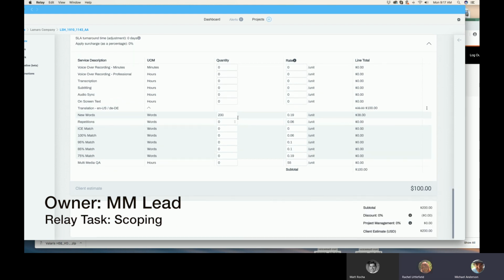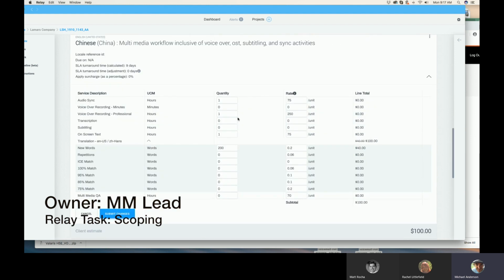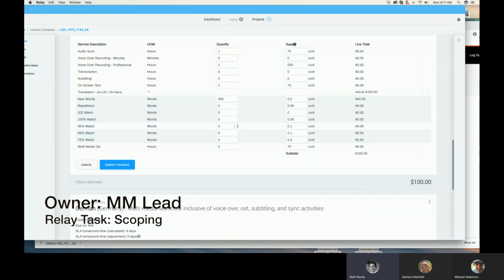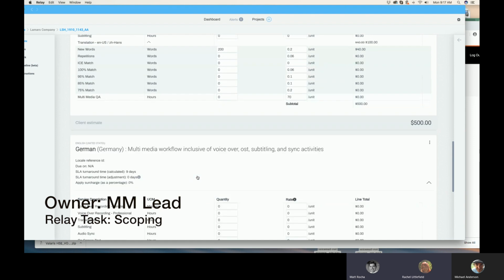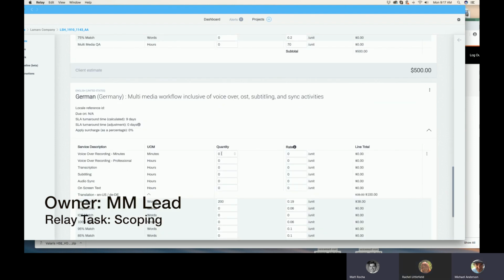So we've got to do it per locale. There's no function similar to Words that you can do. Nope, there's not. But you see the button that says submit changes. You need to click that each time you change anything. Submit changes becomes active, and that's what commits the changes. Okay, so there's that one, and then we'll do the same thing here. Where were we? Okay, so professional. Let's see, 1 hour at